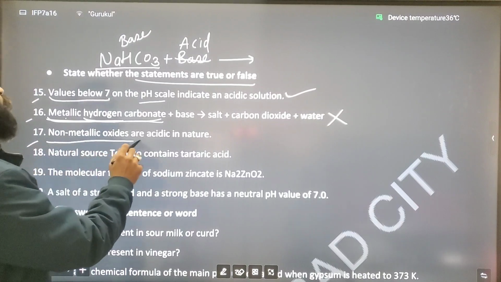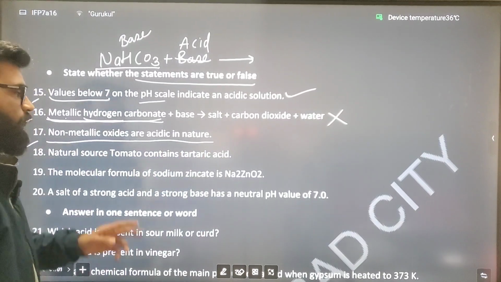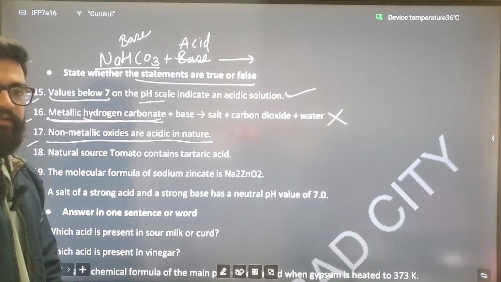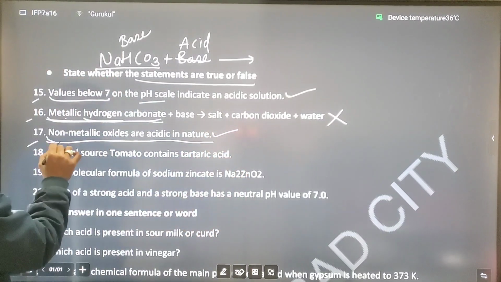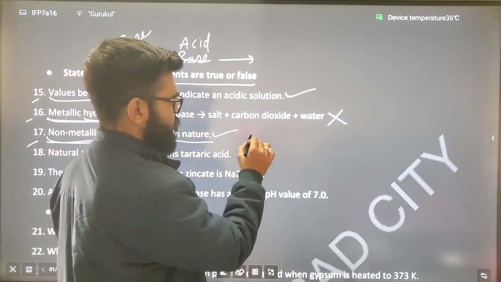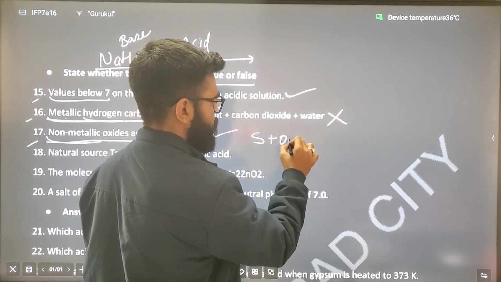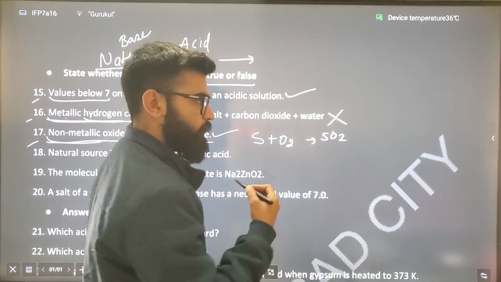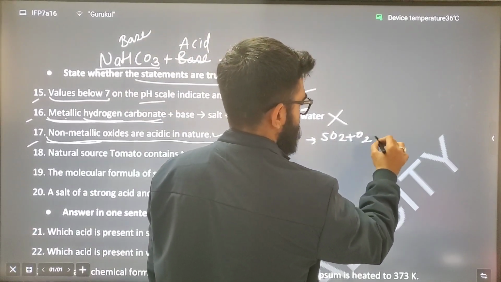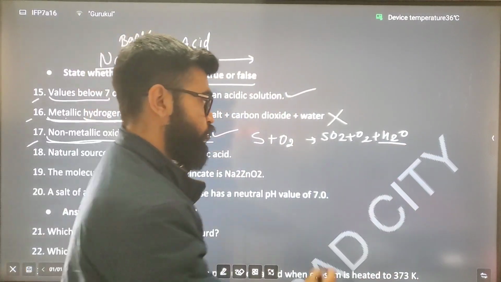Number 17. Non-metallic oxides are acidic in nature. So the answer is correct. Simple example, a non-metal. Remember that sulfur is a non-metal. Now burn it, which means reaction with oxygen. What will you get? You will get sulfur dioxide. Further, with oxygen and water, dissolved in water, you will get